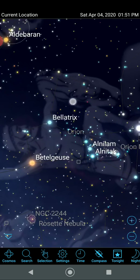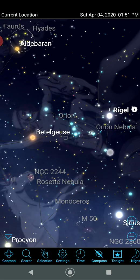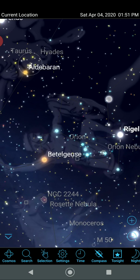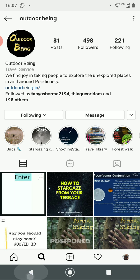Let's quickly get to the assignment of this lesson, and you guys will have to identify a nebula and a cluster of stars. So the Orion Nebula is a cluster of stars. There's a group of stars present inside this constellation. You may try to identify that by using this application and try to look for them in the sky,